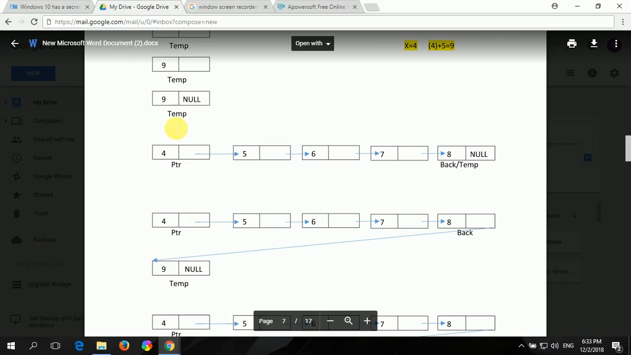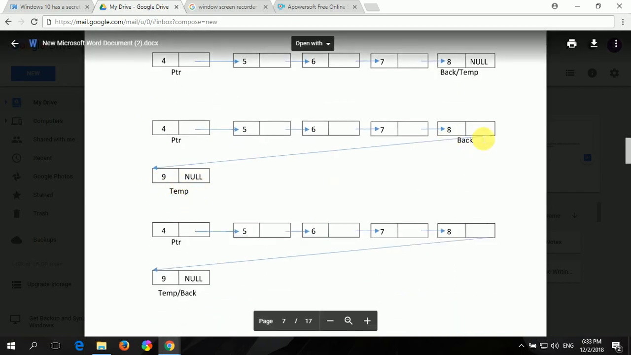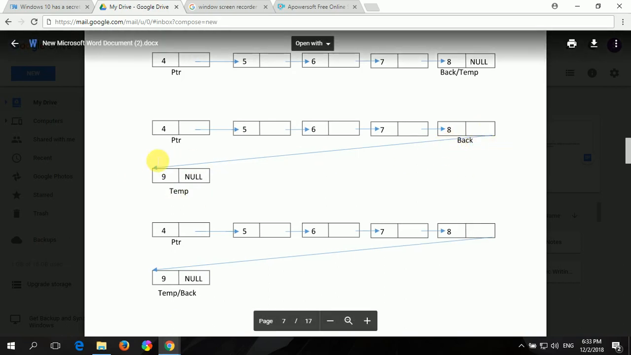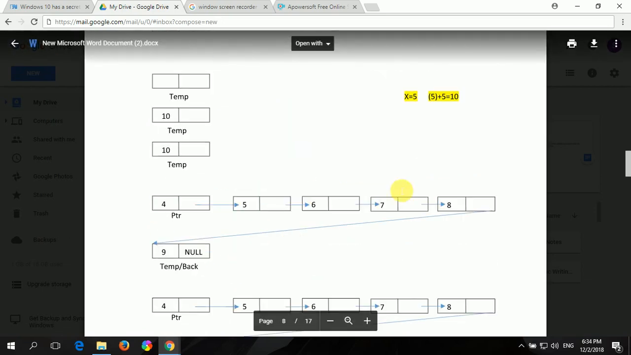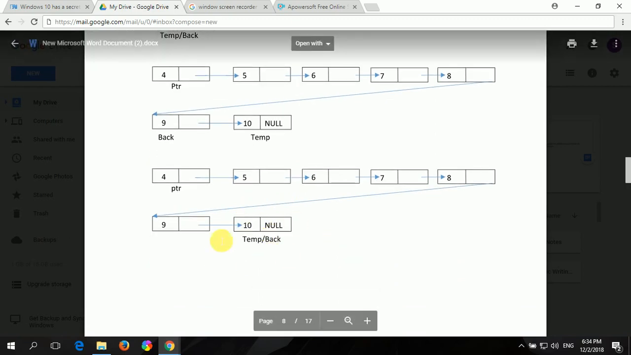We put 9 into our temp. The temp is the new loop. The back should be the back, and data 8 should be pointing towards the temp, and then the back should go to temp. It's the same. 5 plus 5, 10. Same procedure,